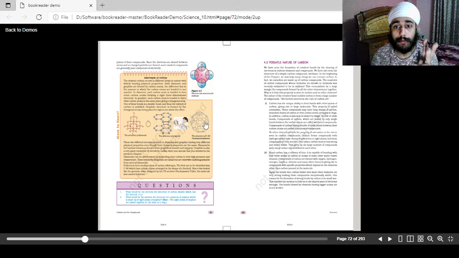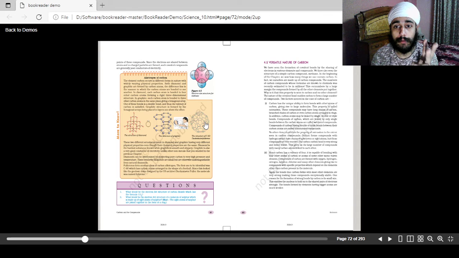The compounds of carbon which are linked by only a single bond between the carbon atoms are called saturated carbons, and the compounds which have double or triple bonds between their carbon atoms are called unsaturated carbons. And third,